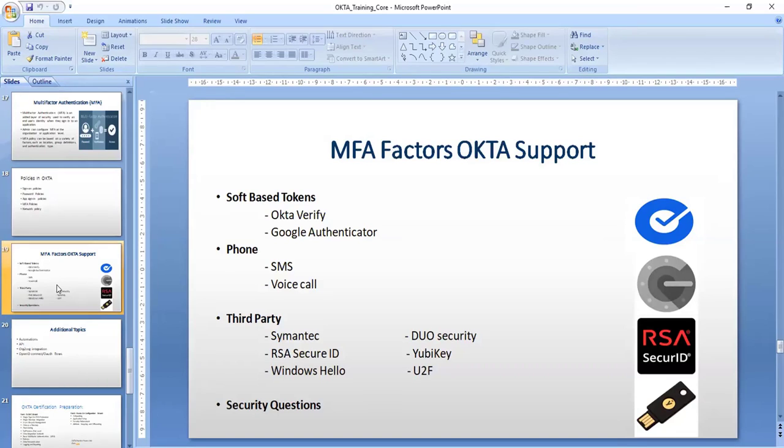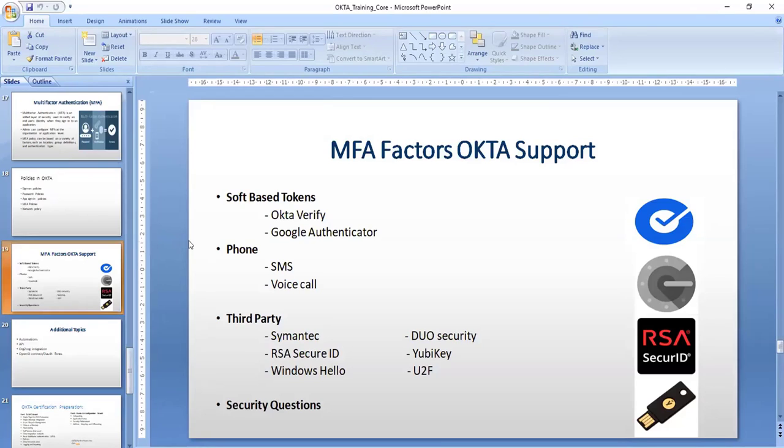For example, if you are working on a banking project, you will not allow your employees to access their mobiles if they are working from their office. So at that time you cannot go ahead with a soft token or phone-based authentication. What you can do is give some kind of a hard token to them.